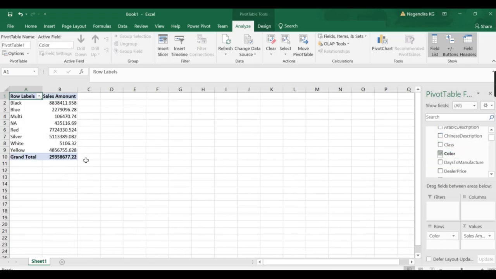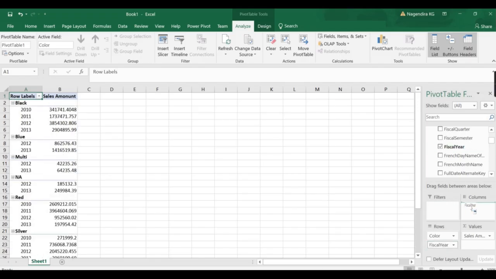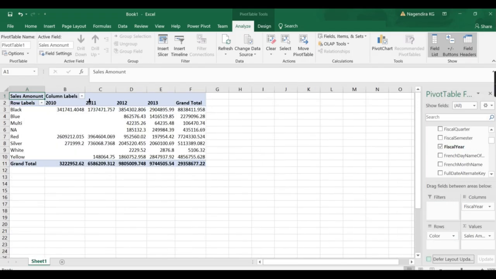So these color products are sold this much, over different periods. Like I want to analyze by period on top. So in 2010, the black color product has sold this much, like that you can analyze. So pivoting, you can analyze it. That is the core concept of it, and it will be much faster than reading it from